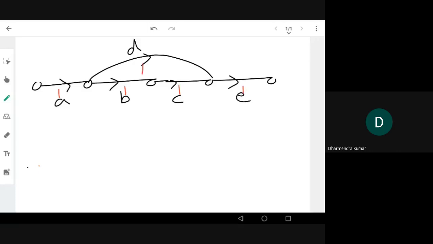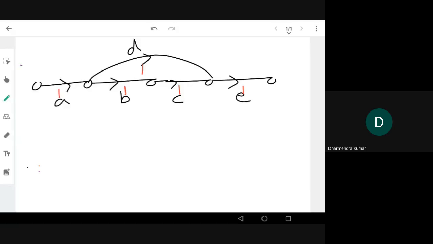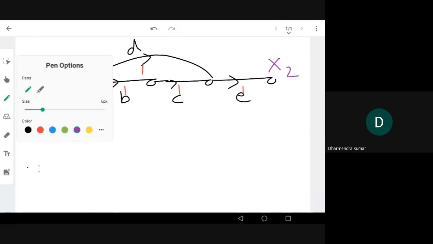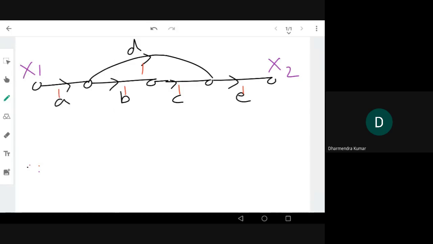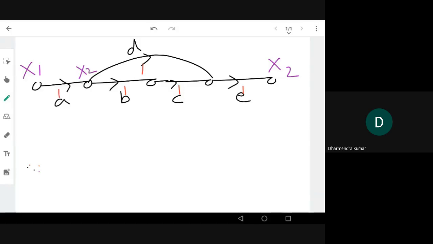Okay, now what are the possible forward paths from x1 to x2? This is x1, this is x2. What are the possible forward paths? The first path is through gains. Let me name the nodes. That will be better, else we get complicated. This is x2, this is x3, this is x4, and this is x. Oh, x2 is used multiple times. So let this be x5. Okay, this is x5.